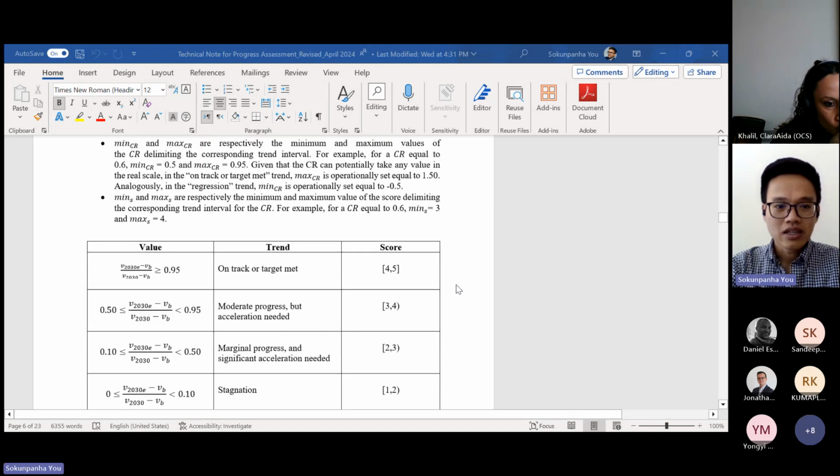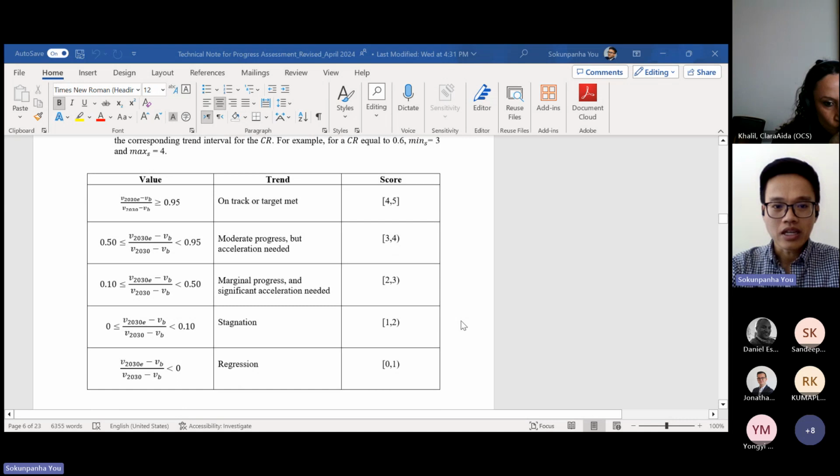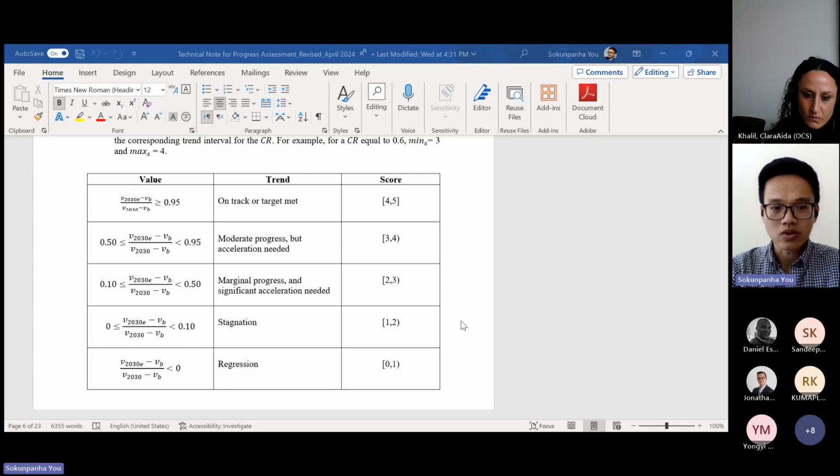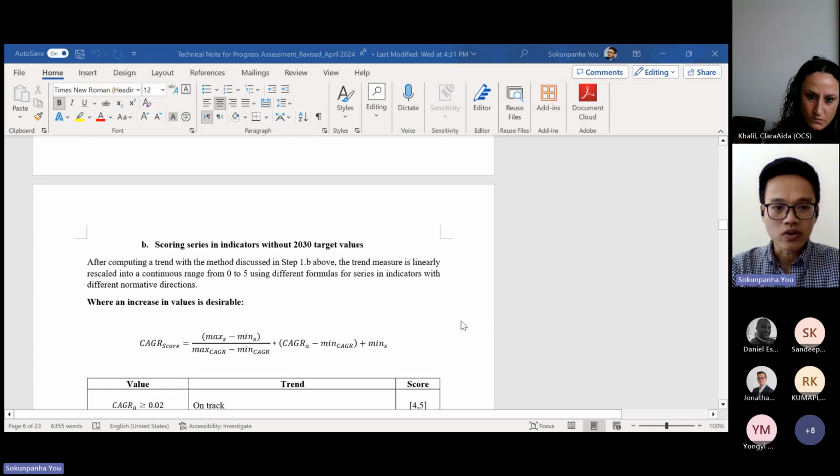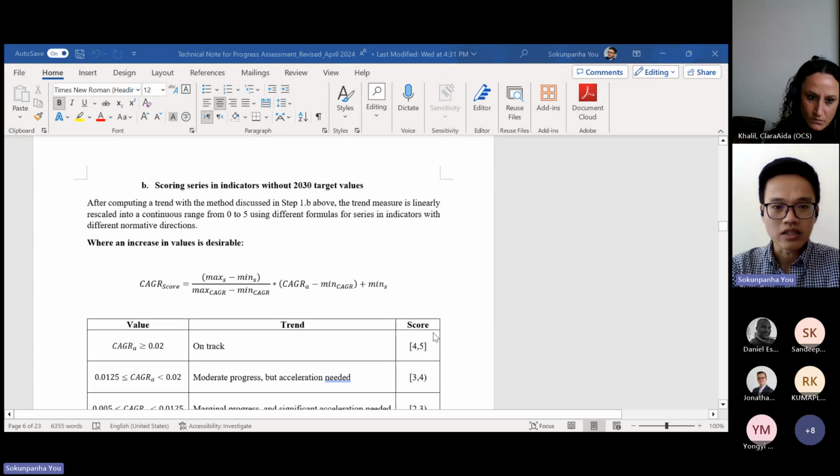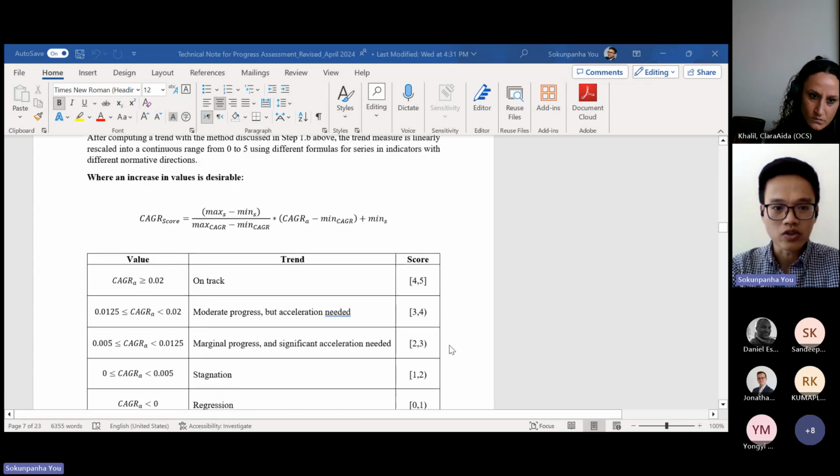Once that is done, we use these cutoff points to assign them back to the trend that they should be in. And we do the same thing for indicators without 2030 target values as well.